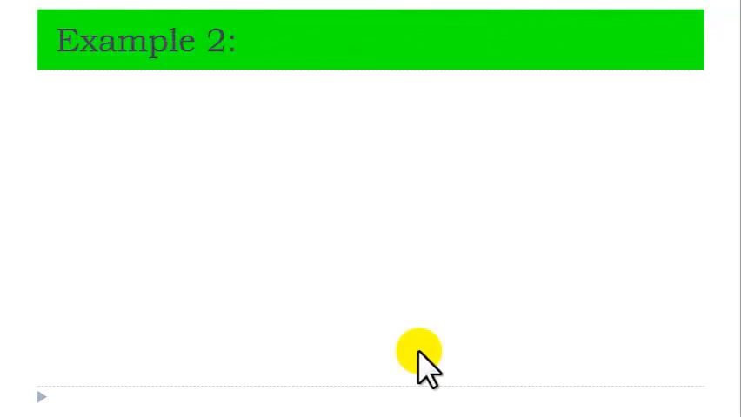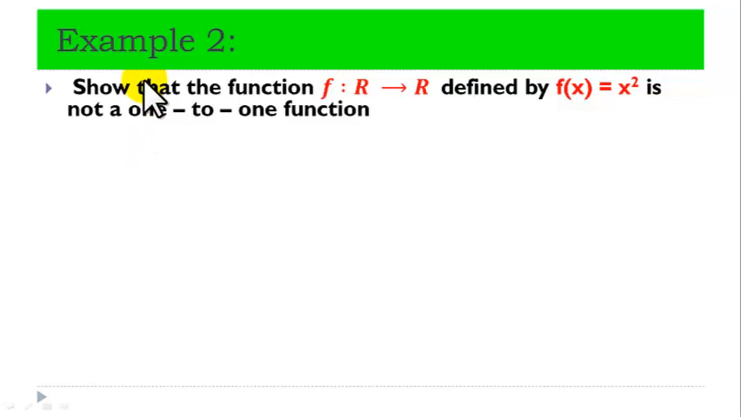Example 2. Show that a function f from the set R of real numbers to the set R of real numbers defined by f of x equal to x squared is not a one-to-one function. Solution. Let us select two